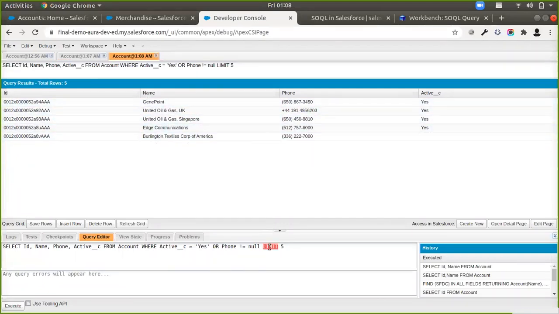This limit is important because there is a limitation in SOQL queries that it cannot return you more than 50,000 records.